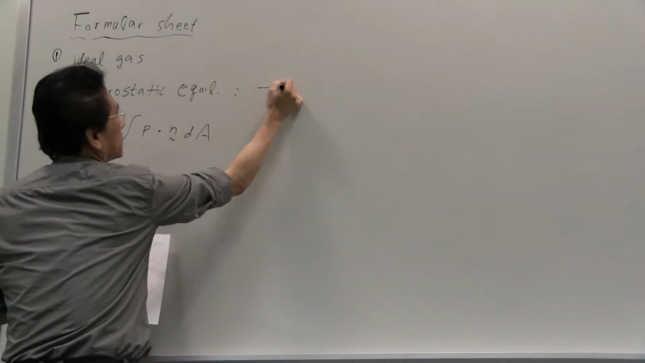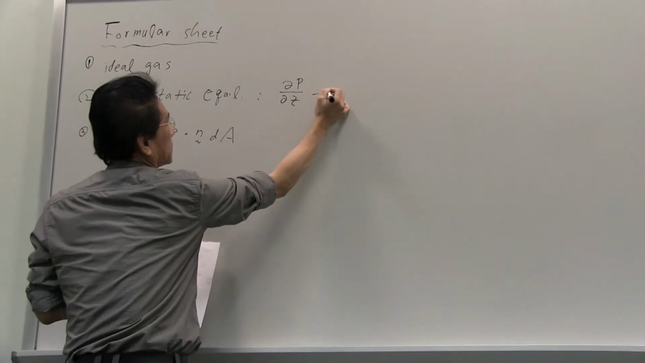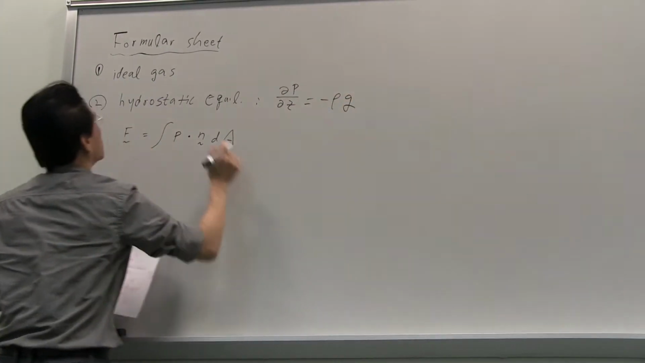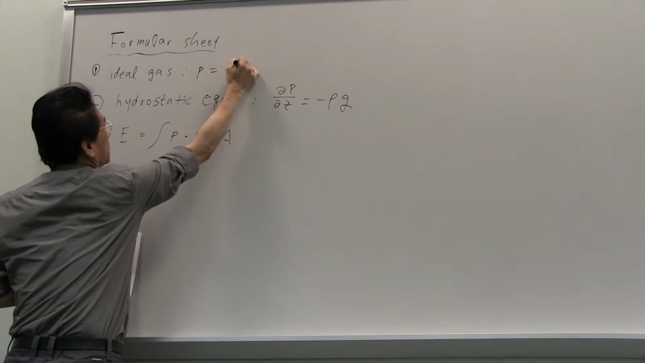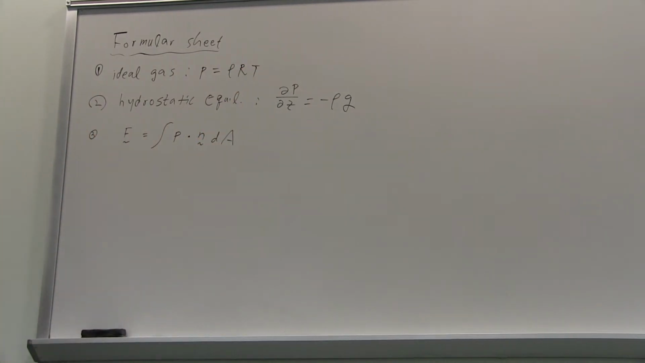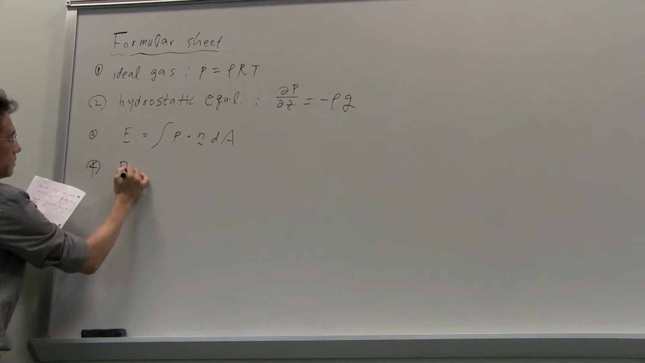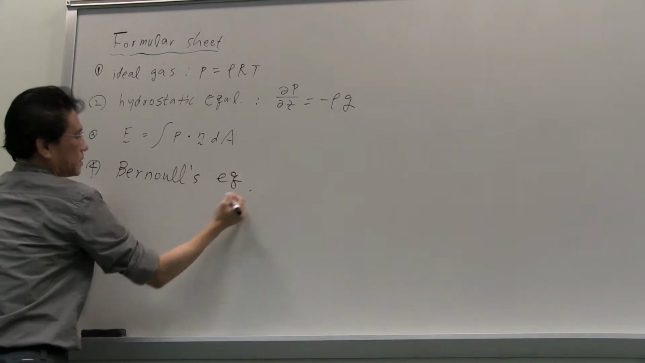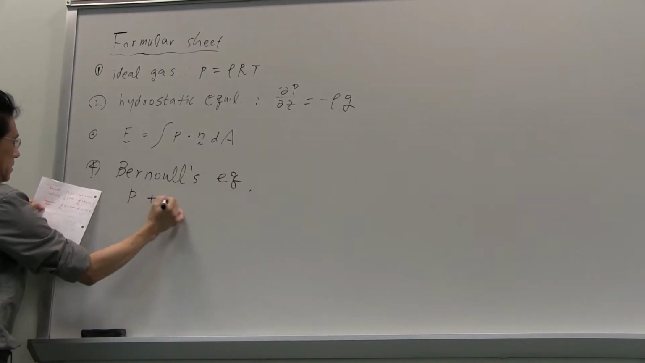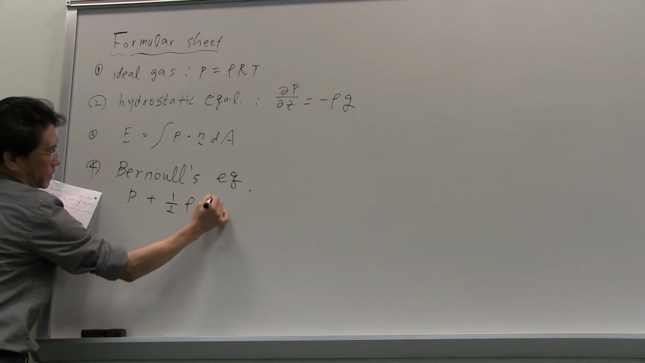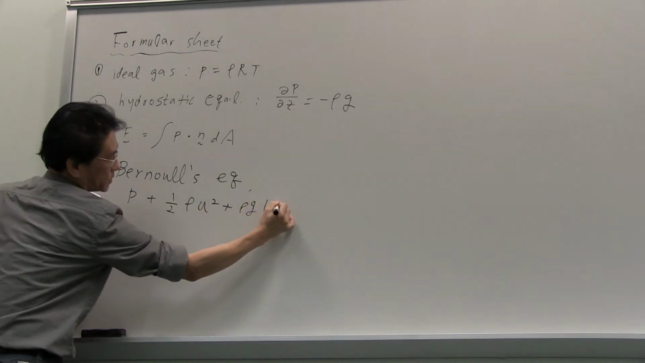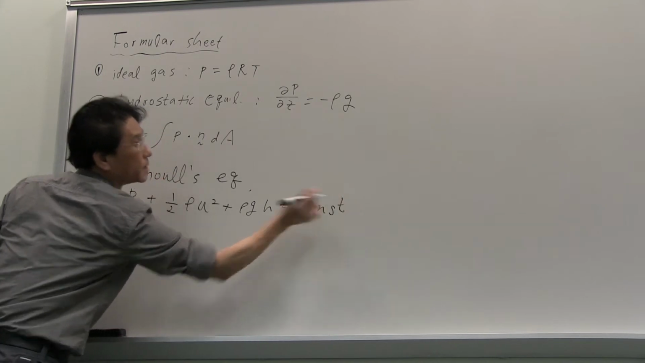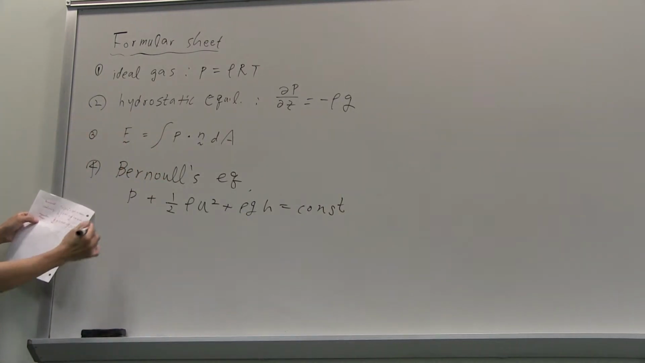This should be, as you might know, the ideal gas law, P equals rho R T, right? And then you've got to write the Bernoulli equation, which is P plus half rho U squared plus rho g H, which must be constant, right? Okay, continuity,